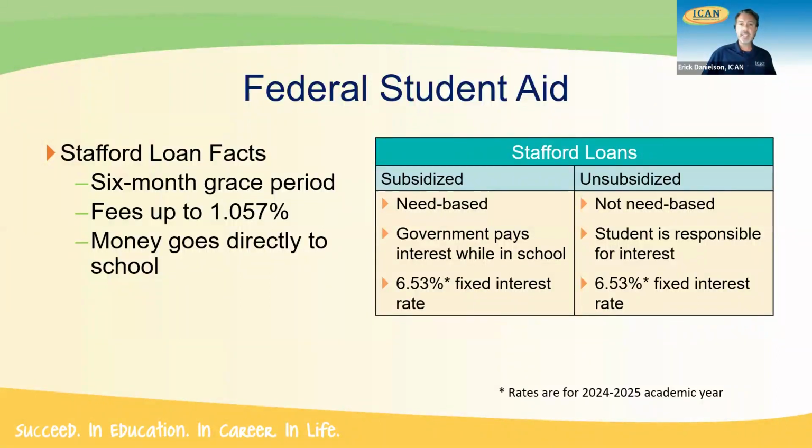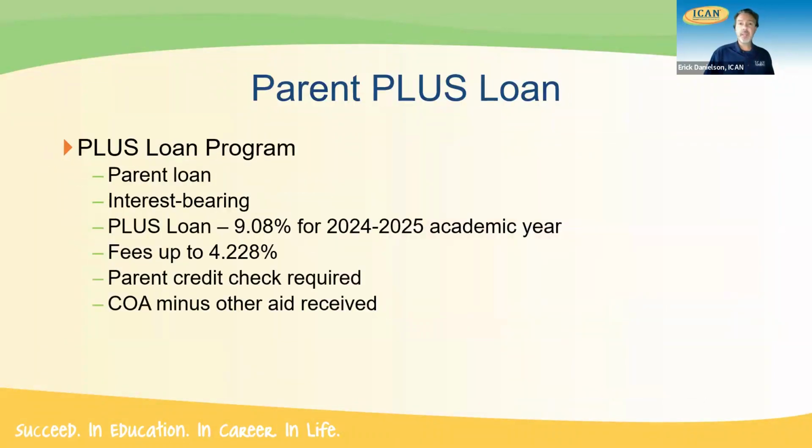But it isn't anything that you have to take out by any means, and we don't want anybody to borrow any more than they would need to. Now, using a freshman as an example, sometimes students and families are going to need more loan money. One option they could possibly get, and there is a credit check on this, is a parent loan called a PLUS loan.